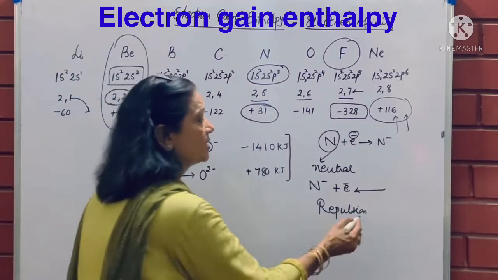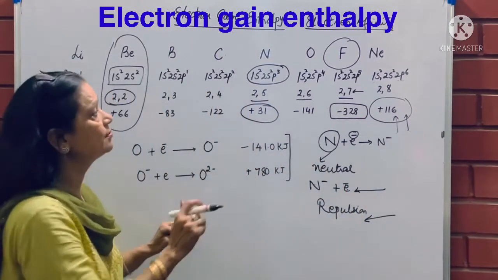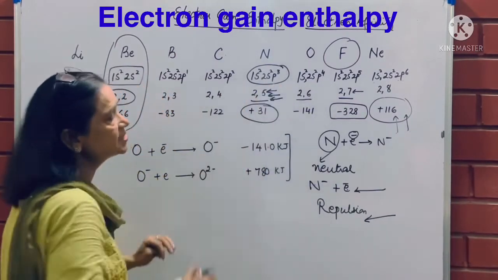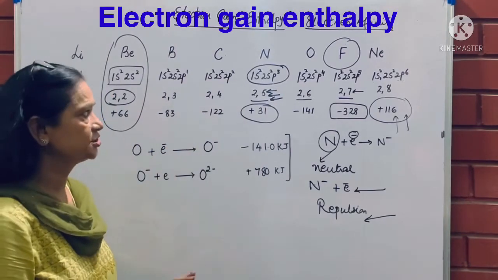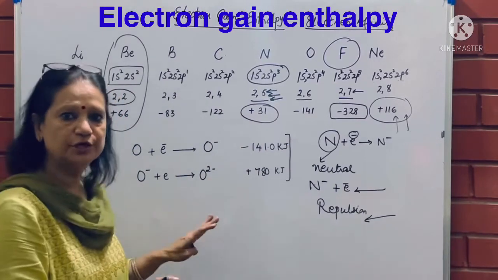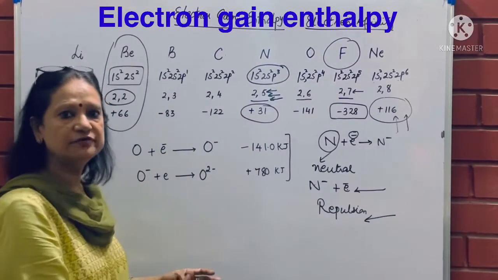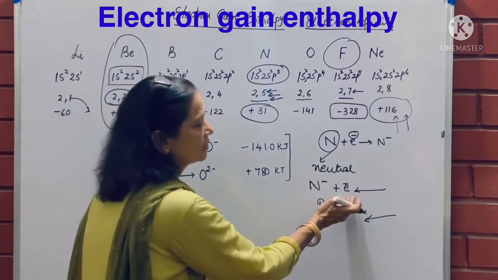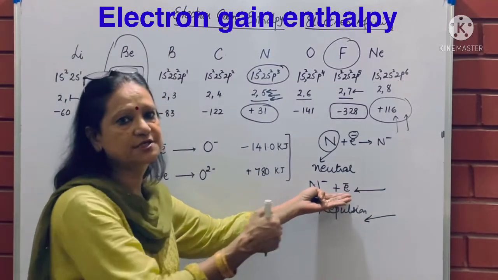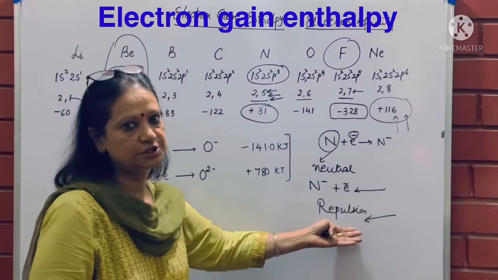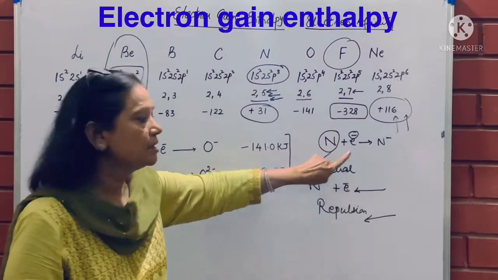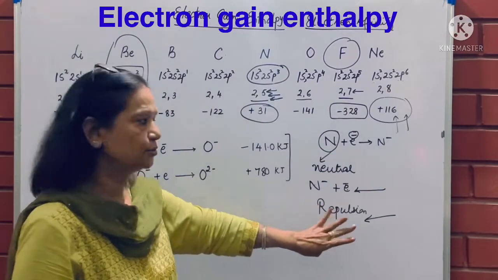But for the second and the third, although nitrogen, remember, is 2,5 and needs 3 electrons one by one, only the first electron added will release energy. The second and the third electron I give not to a neutral atom but to a negatively charged atom, with which the electron is facing repulsion. Since it is facing repulsion, I have to push it inside and give energy. So the first reaction is exothermic, but the second and third reactions are endothermic.